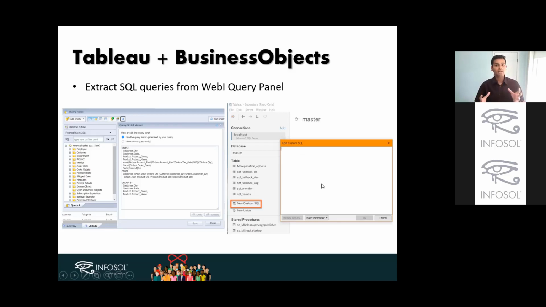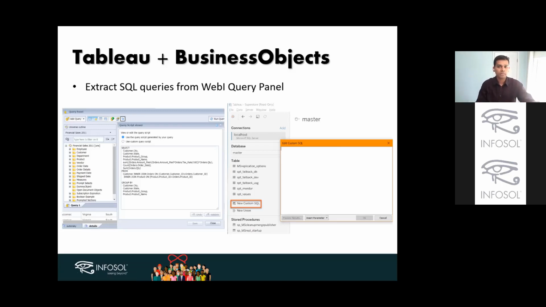it's dangerous when people start editing the SQL when they really don't know what sort of data is being generated. That's the reason Universe and Webi reports came into existence, where it's easy for business users to navigate and they don't have to learn how SQL works. So this is one way that it works for some people, where they can take the SQL, copy it into Tableau, and then use that as a data